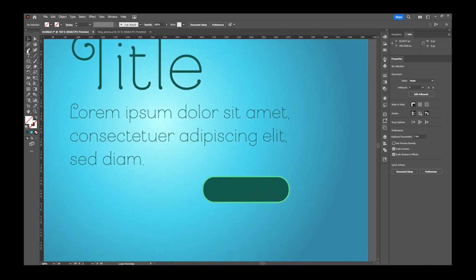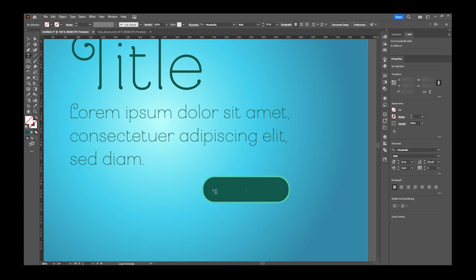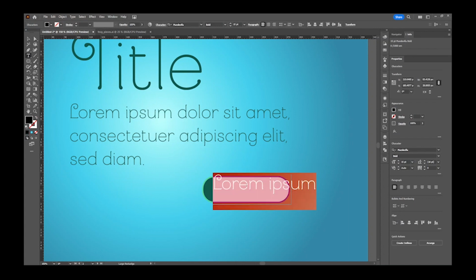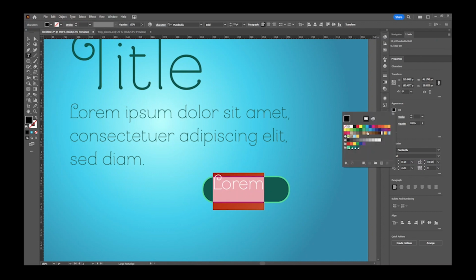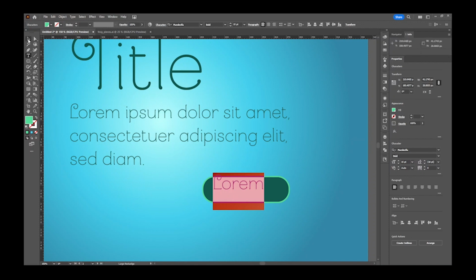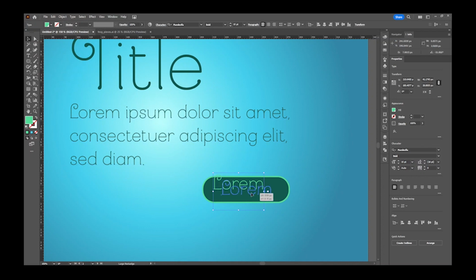Okay, so one last thing I'm going to do is I'm going to grab my type tool again. I'm just going to click once in here, and I'm just going to use lorem ipsum, or lorem. I'm going to highlight the text. I'm going to change the fill to this light green color. And then for the size, I think I'll leave it at 15 right now. I'm probably going to have to change it, but it's a little hard to judge how much smaller I need to make it. So I'm just going to switch over to my selection tool,